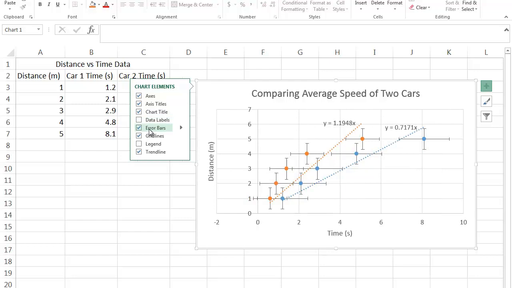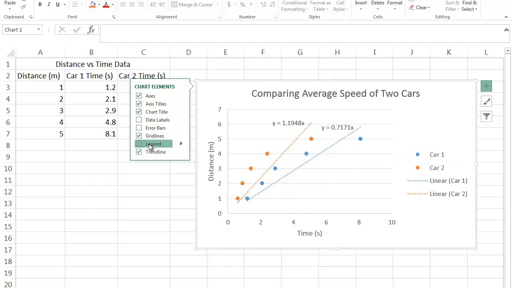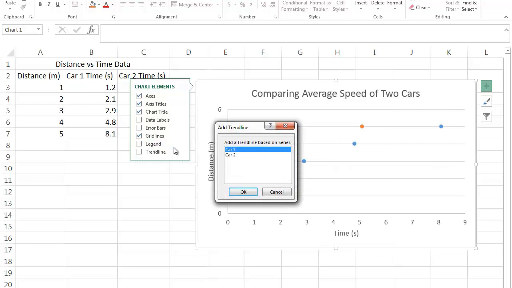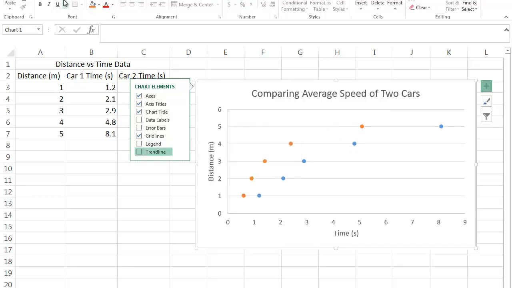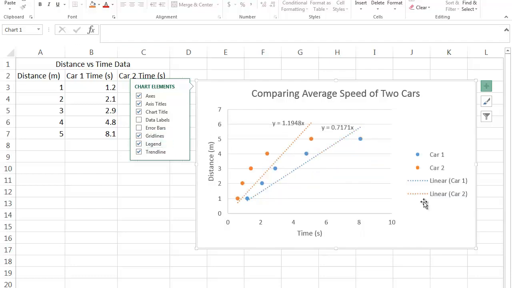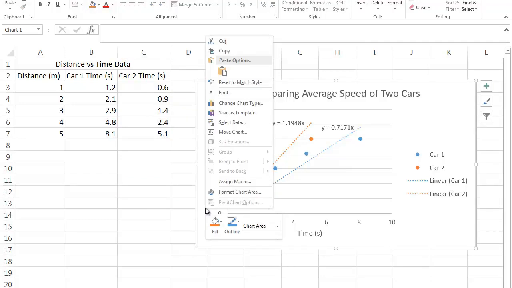I'm not going to include data labels or error bars in this graph, but you can if you want. I'm going to add the grid lines, and of course I want a legend. But you'll see when you insert a legend in your graph, it squishes the graph over a little bit. That's okay. You can always change the size of your graph so that you can see the data points a little better. So here we have a graph, and I'm going to right-click on this graph and copy it,